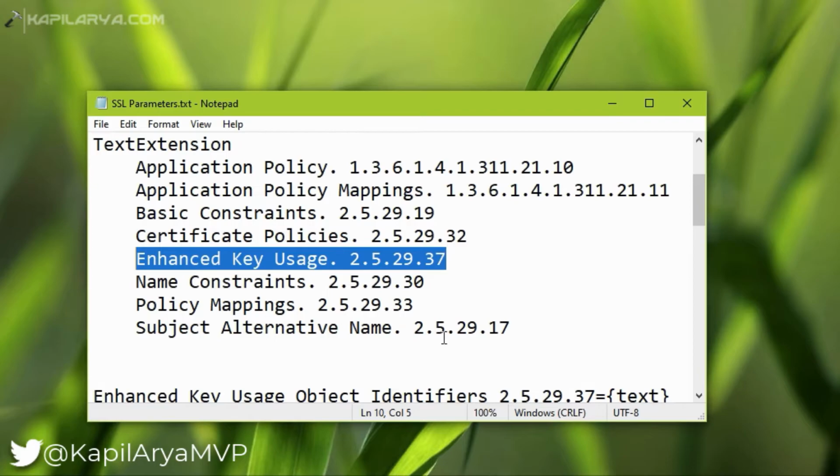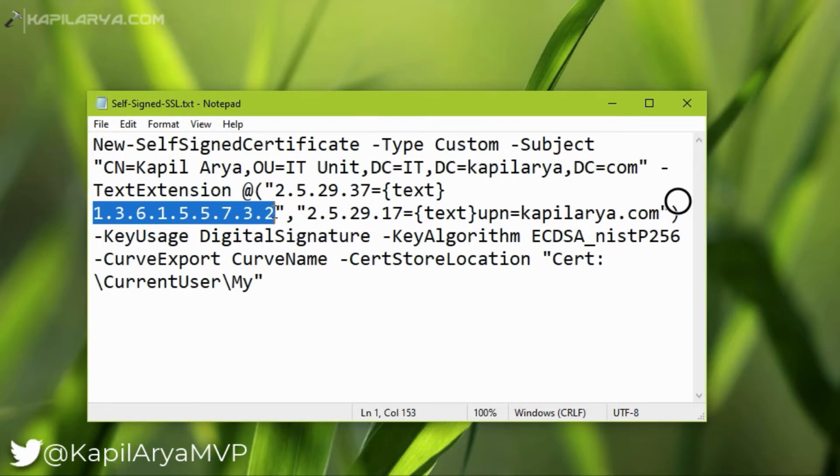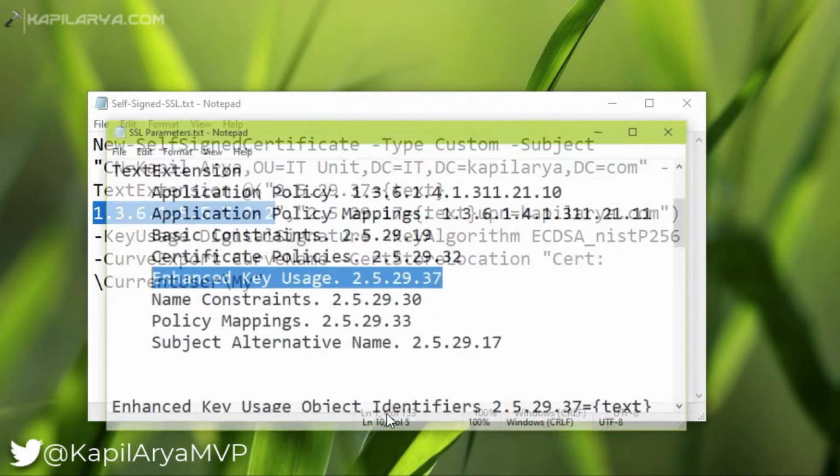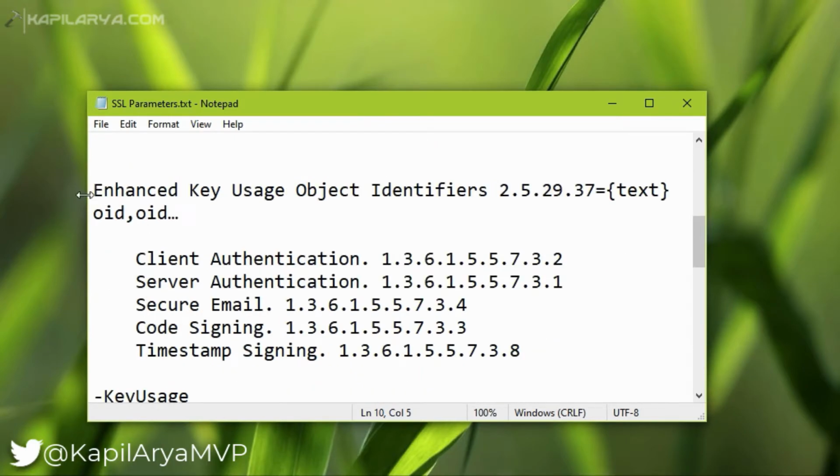So I have next added the code, which is another numerical code, and what it means I will show you. So this is the complete code which is mentioned next to Enhanced Key Usage, and that code defines the type of authentication or usage of the SSL certificate.